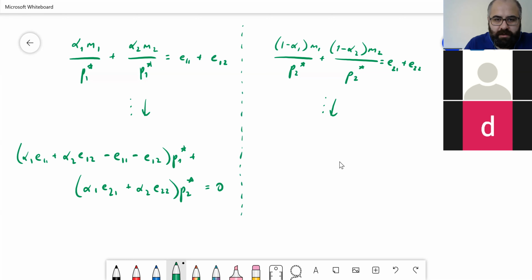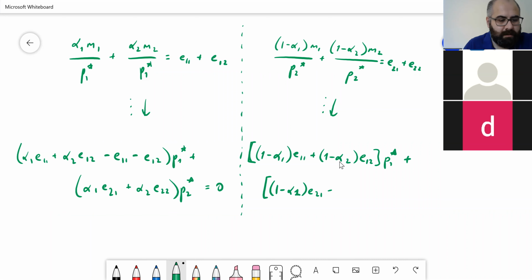From this equation, you're going to end up with something similar. It's going to look like this. So (1 − α1)E11 + (1 − α2)E12, times P1*, plus (1 − α1)E21 plus (1 − α2)